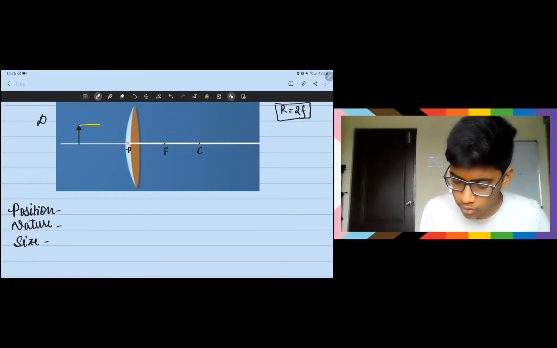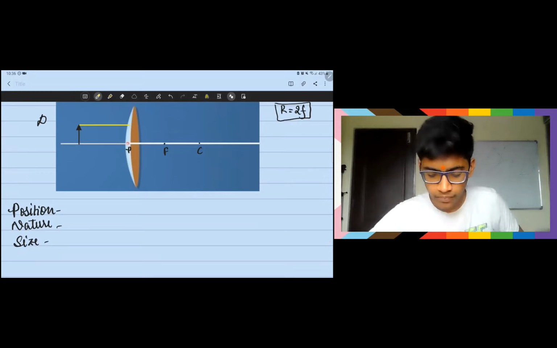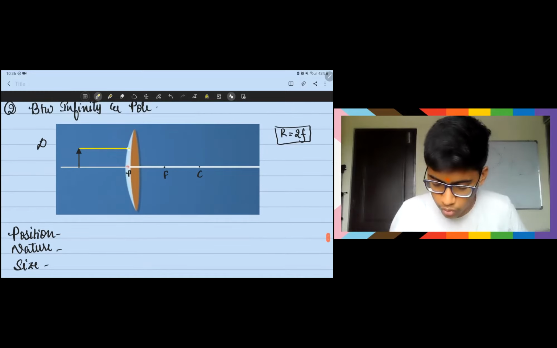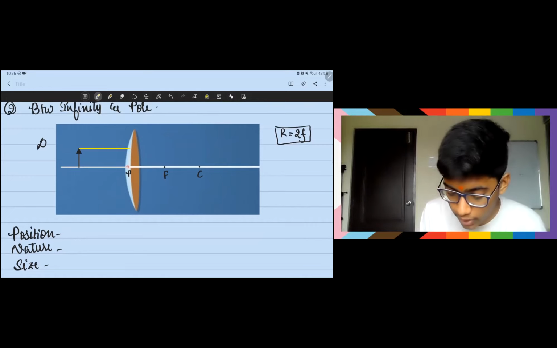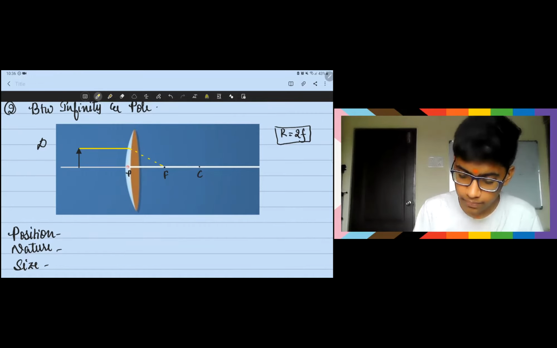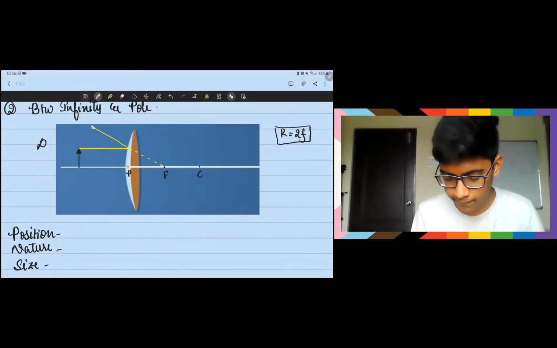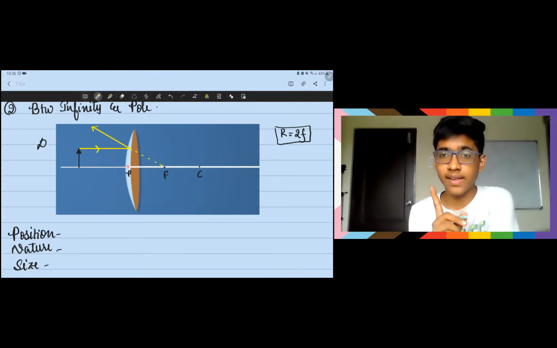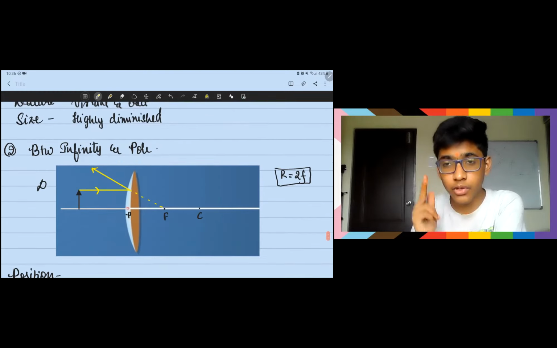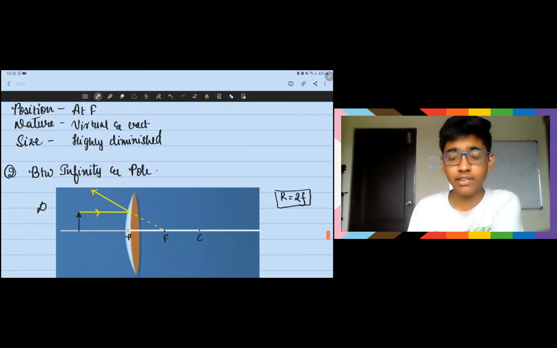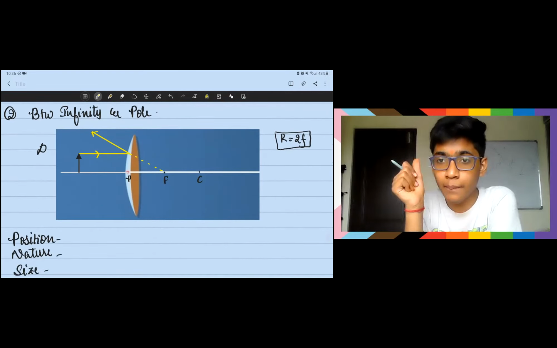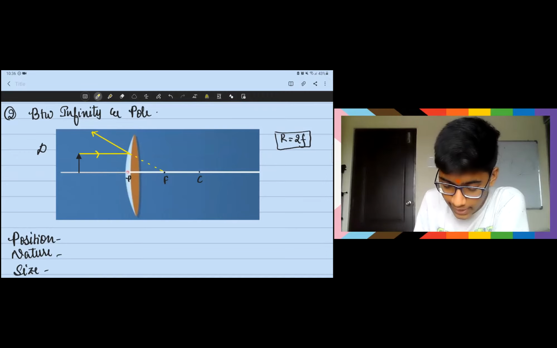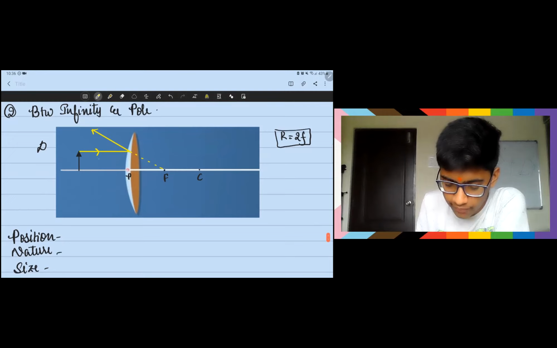Any light ray coming parallel to the principal axis, after reflection appears to pass through the focus. To make it clearer, just draw a dotted line. It is going to come like this, and then just extend this line. First ray is completed. To make any ray diagram, you need two rays. Whatever rule you want, you can use. You can use appearing to pass through the focus: any light ray which is appearing to pass through the focus, after reflection comes parallel to the principal axis.